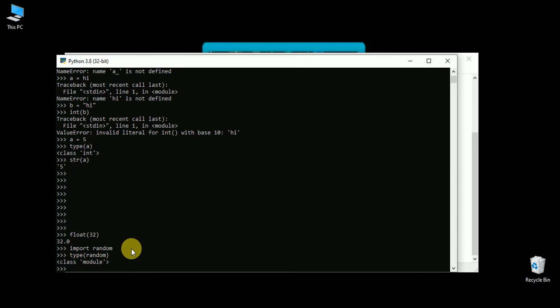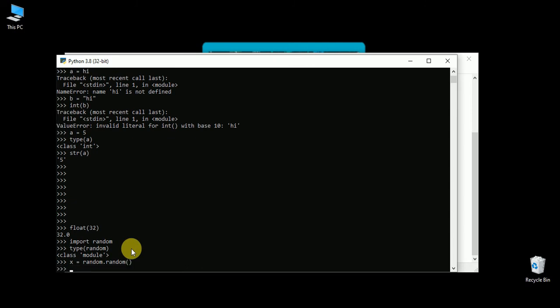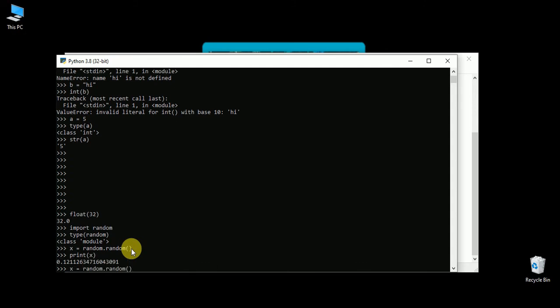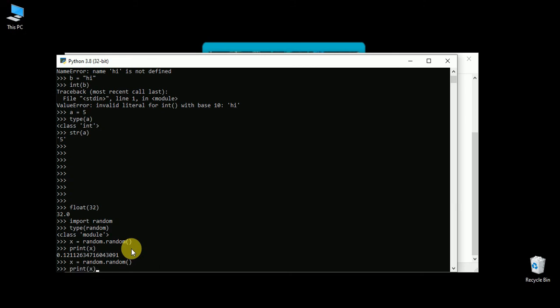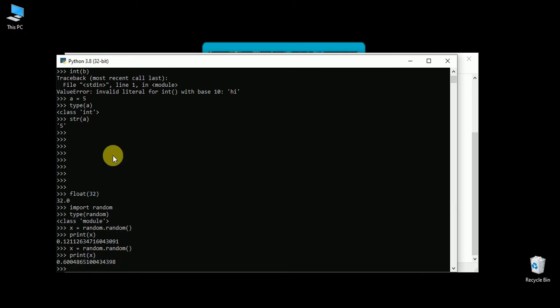Next I will do x equal to random dot random. It does not take any parameter, and now if I print x, it will show a random number. Again if I execute this and print it, we will see a different value. So this is one of the random functions, which generates a random number but does not take any parameter. Second, you can limit it using a loop, for example between 1 and 10, so it only generates numbers in that range. Once we do loops, I will let you know about this.